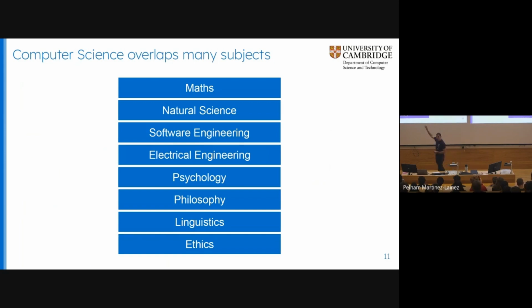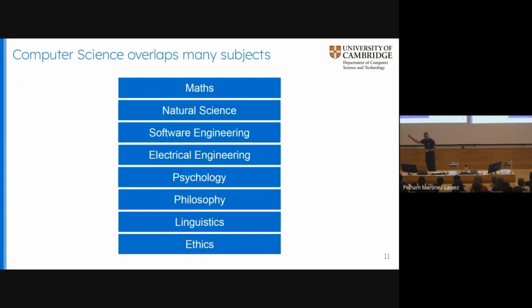Everything that obviously maths is in there, sciences are in there, engineering, all those things you would all have gotten. Things like psychology, where does psychology come into it? Well, you have to interact, you have to use these things. There is an interface, a way of working with this thing that you are building, this system, this computer. That's psychology. Getting something that's actually usable and workable, that's psychology. Philosophy, well, there's all sorts of stuff around information and logic, etc., and thinking about the world and abstracting away in different ways. Things like linguistics.